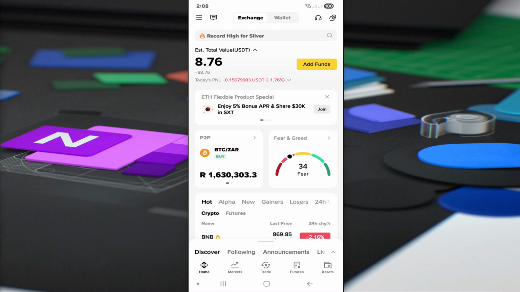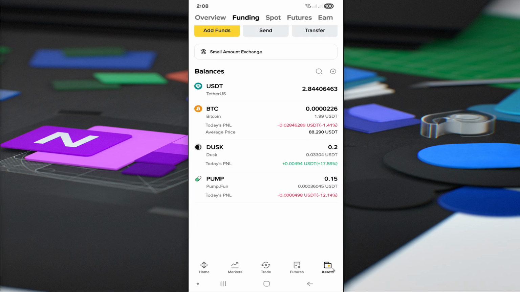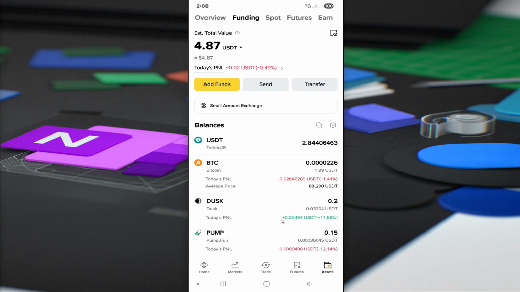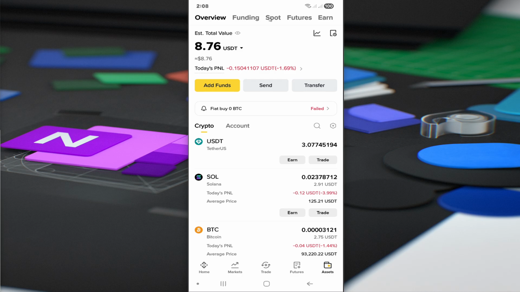All right, so first up, go ahead and open up your Binance app. Then once you're in here, go ahead and find assets or your wallet, okay? So in here, since we are going to receive USDT, you can go ahead over to overview, find your spot, whatever you want. And then since again, we are receiving, what we're going to do is just go ahead and tap on